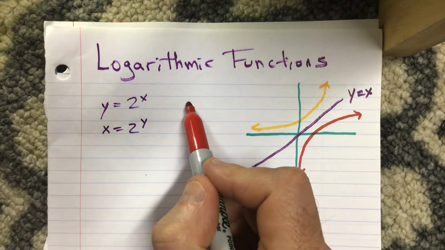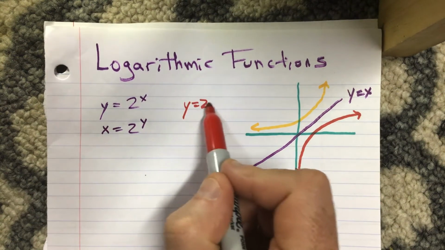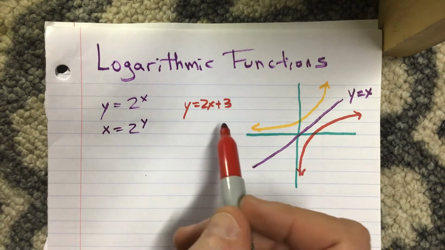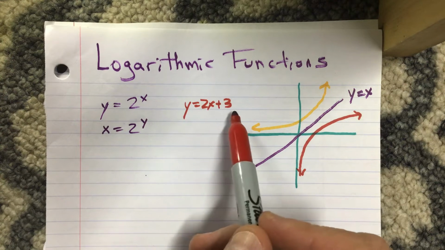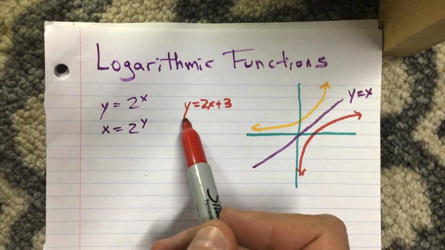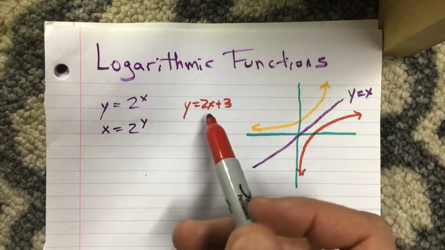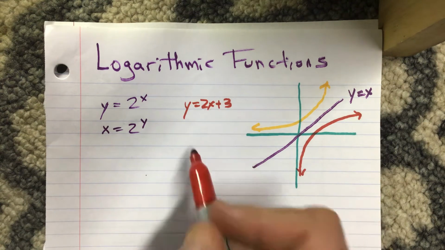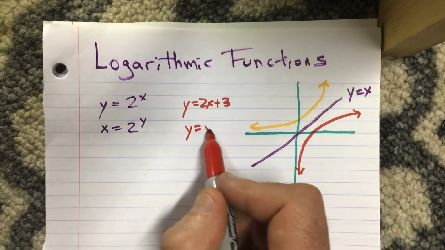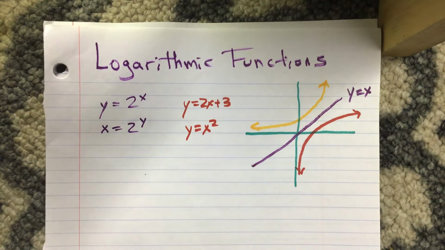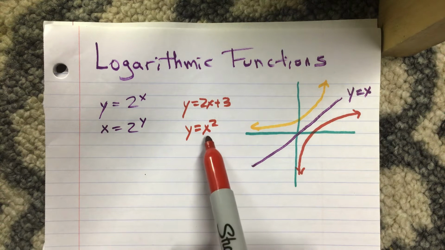function form. When we take Algebra 1, we learn y equals 2x plus 3. That's a linear function. It's in function form because you can plug in for x and get out a y. You could switch this around and have different forms. It'll still be linear, but this is called function form. Just like when we do quadratics, we say y equals x squared. That's in function form. So you always want to have y by itself so that when you plug